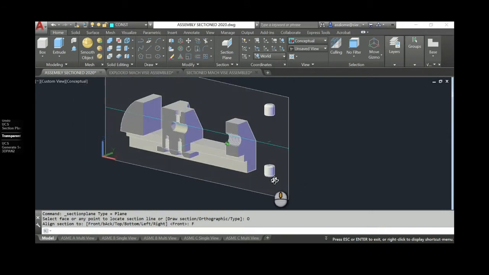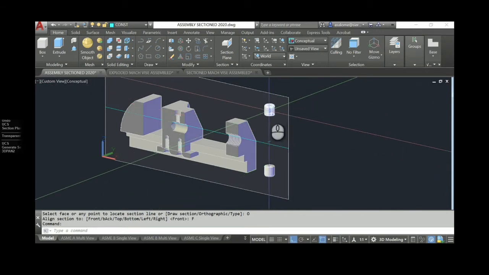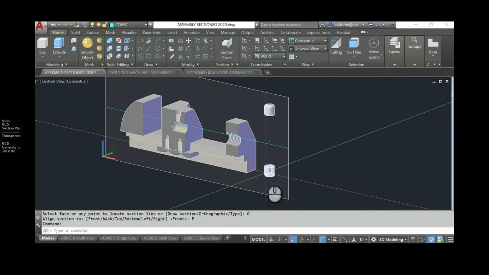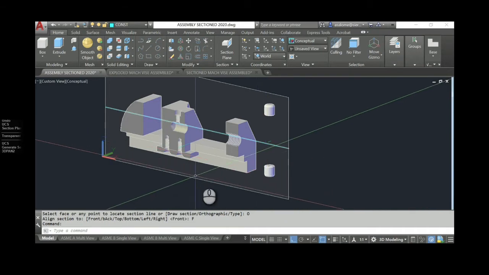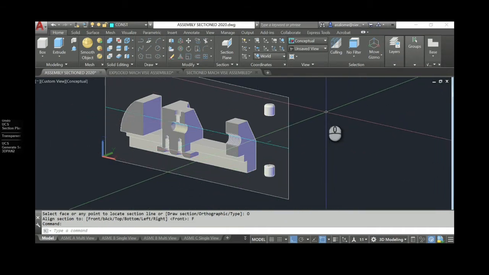That's my section plane. But now I need AutoCAD to draw the section view for me. Oh, why is it not live sectioning my cap? That's a solid. That's a solid. So hopefully it's going to actually section it. We'll find out what happens. We want it to draw a front view.